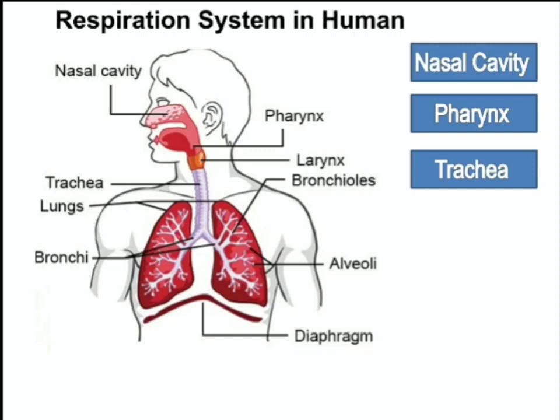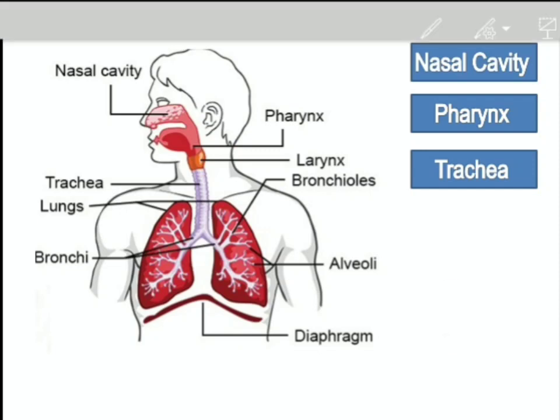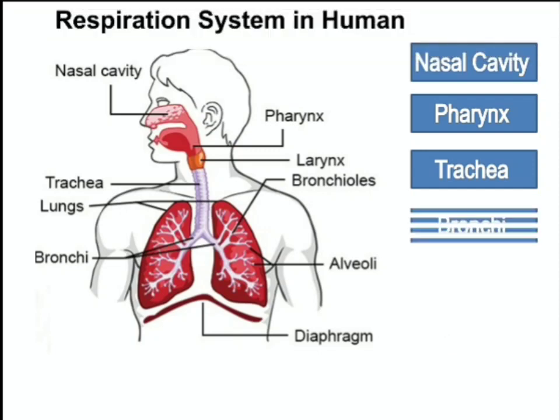Okay, now after the trachea the air will go into the bronchi. So there are two bronchi basically. One is moving to the left side and the second is moving to the right side, like here you can see in this structure. So air is moving from here and it is dividing into the left and right side of the lung. So these two bronchi are there.